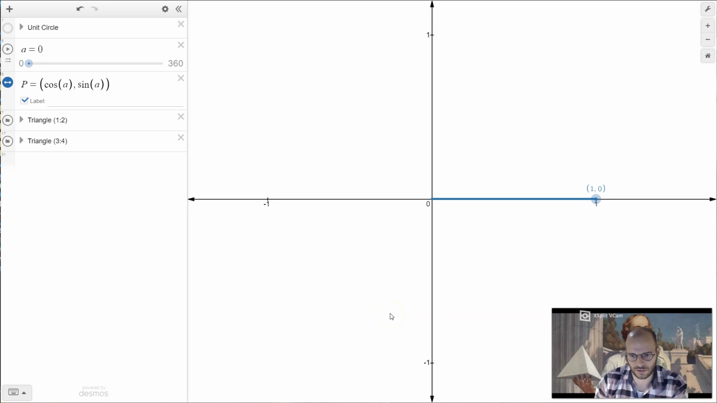Welcome to this video on the topic of advanced trigonometry. In this video we'll be having a look at the unit circle and the idea of symmetry around the quadrants